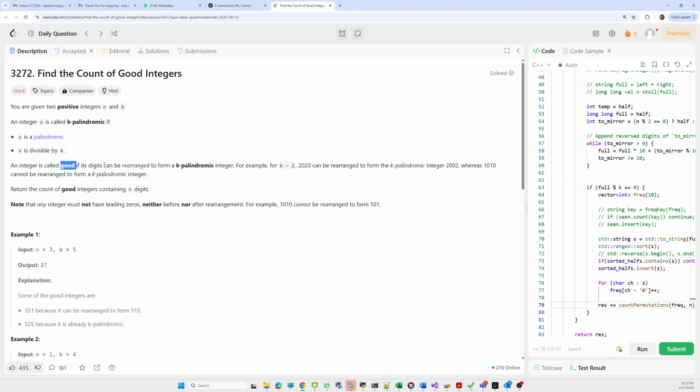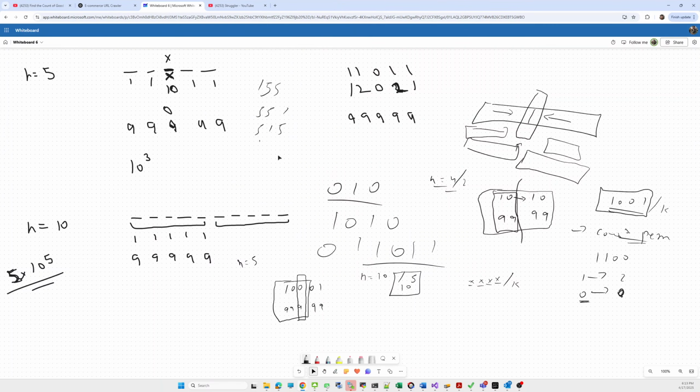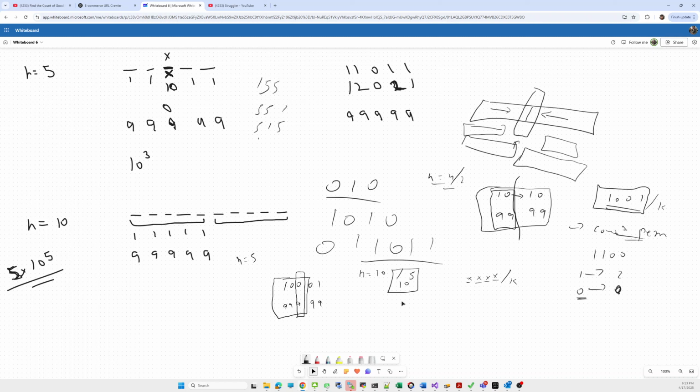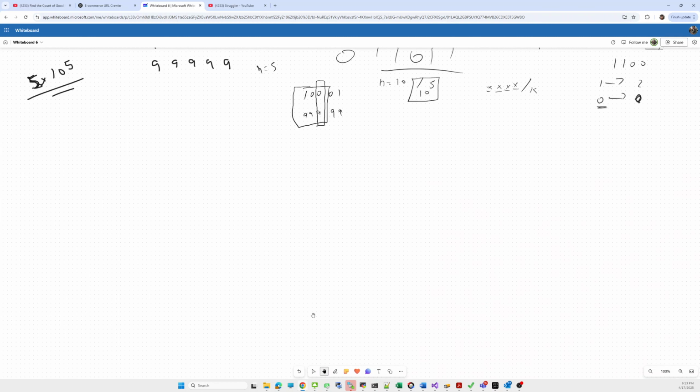An integer is called good if its digits can be rearranged to form a palindrome, for example 2002. Suppose there is a palindrome string like 5 2 1 2 5, where the count of 5 is 2, the count of 2 is 2, and the count of 1 is 1.